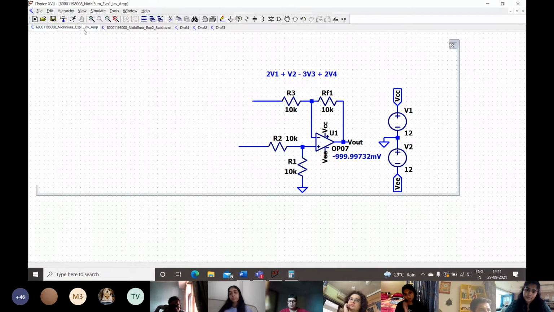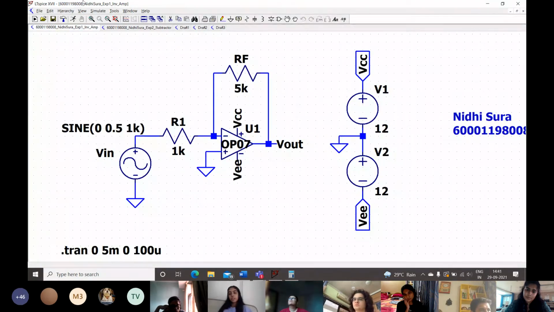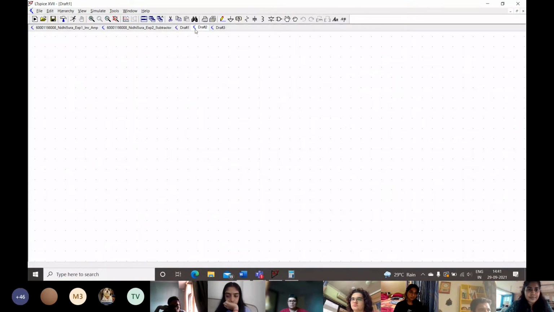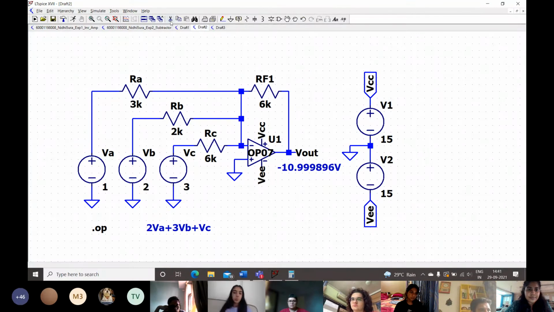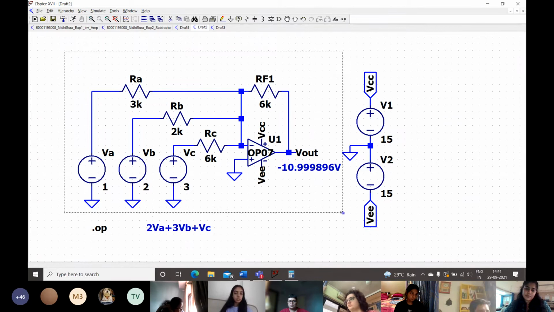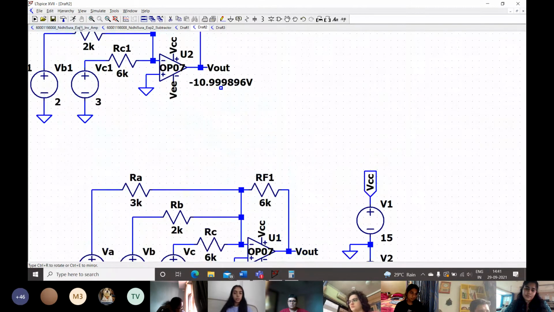Again, the amplifier circuit I'm going to take from here. So we're going to take copy. We're going to take, no, I believe this is the wrong circuit. Yeah, that's the one we're taking.